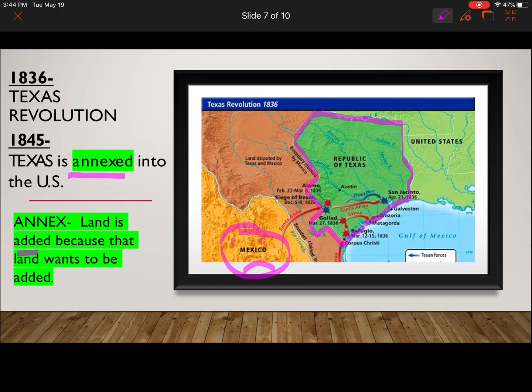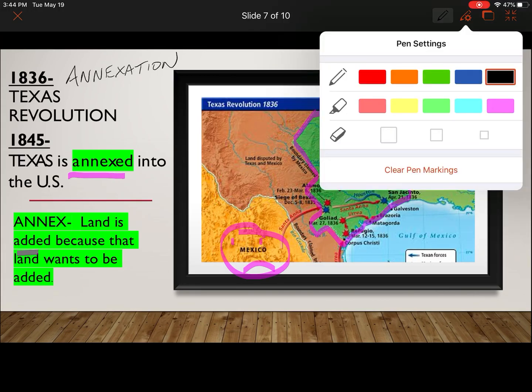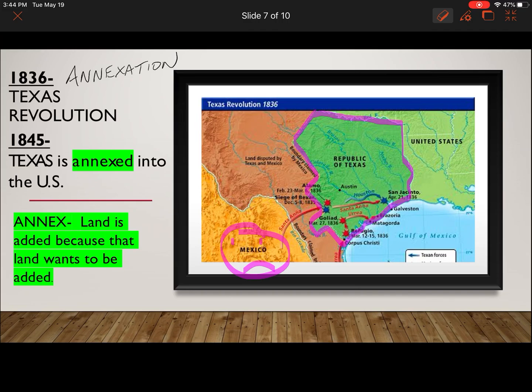All right. In 1845, the United States government annexes Texas into our union. Annexing, or an annexation, is an addition of land. But this is an interesting one, because when you annex land, the land that you are adding wants to become part of your country. Not all of the land that we have added over the years wanted to become part of the United States. Texas did. And they waited patiently for almost 10 years. Finally, in 1845,